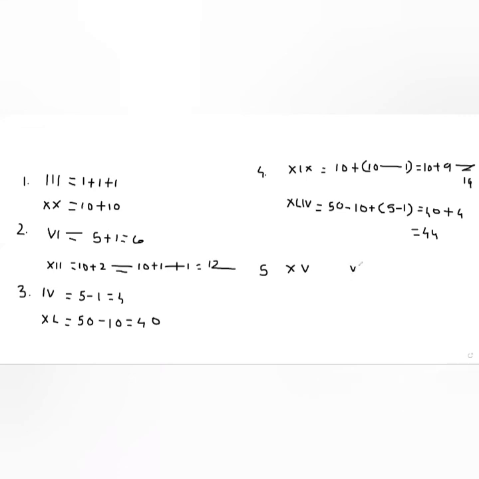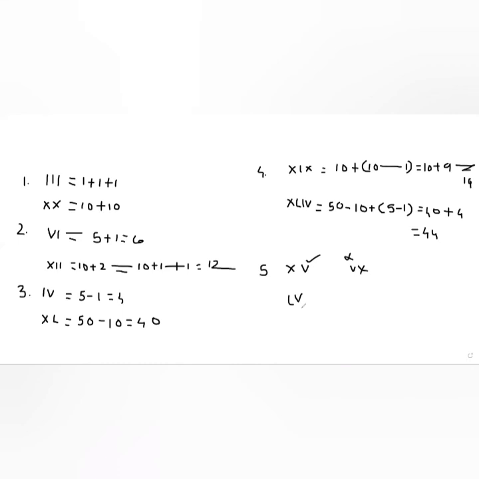VX. Okay. Understand? This is wrong. This is correct. V is written right of the X, not written left of the X. In the same way, L and D are not written to the left of the bigger number. If we are writing LV: V is 5 and L is 50. So 50 is the greater number and 5 is the smaller number.